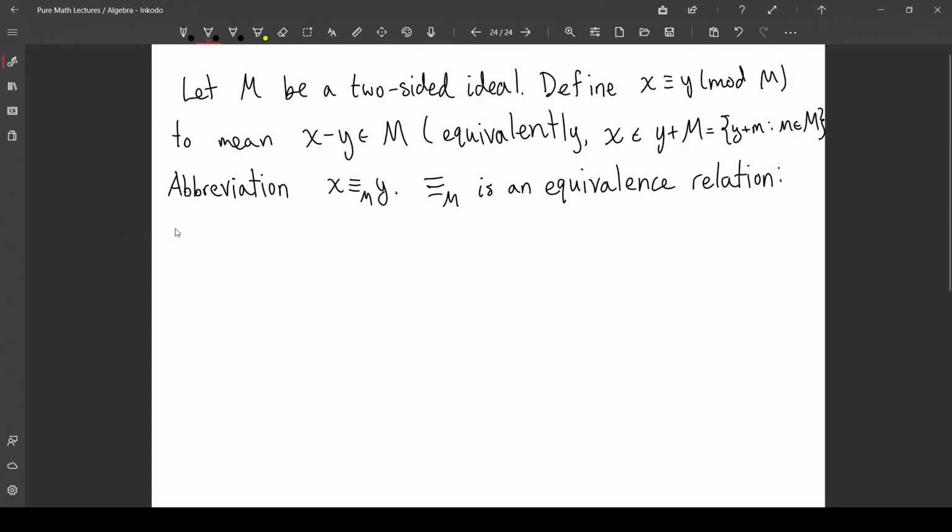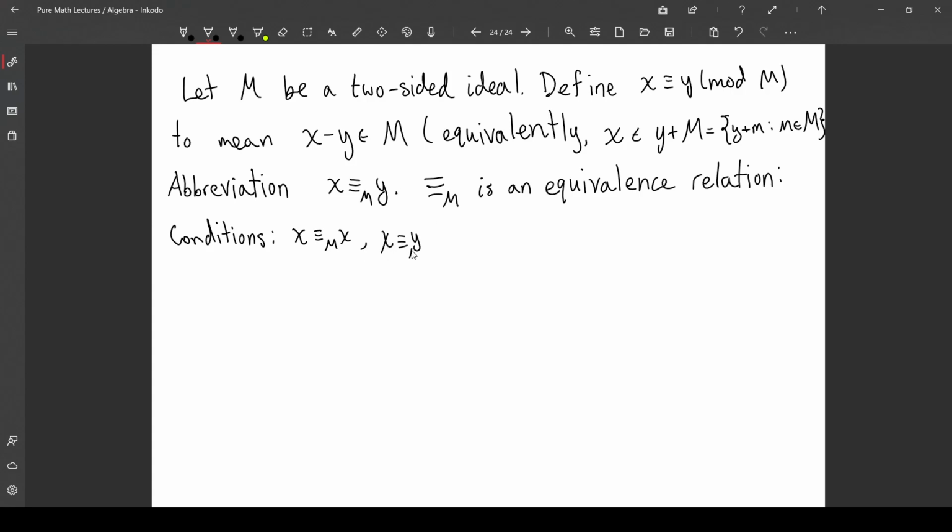And so the conditions for an equivalence relation are symmetry. So we must have that any x is congruent to itself, mod M. We can see that's true because x minus x is 0, and 0 is contained in any ideal. Okay. So this is reflexivity, I forget the words. There are fancy words for these conditions, but